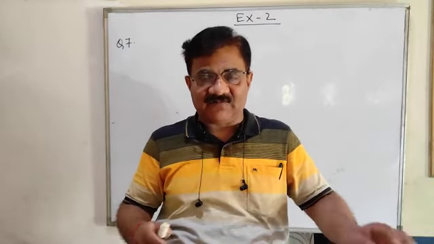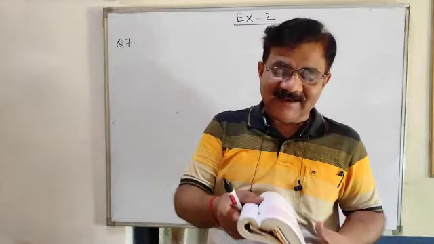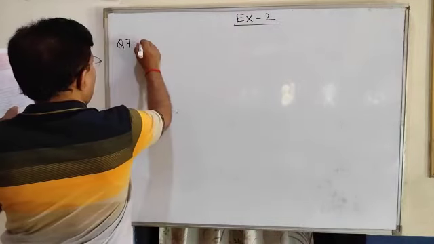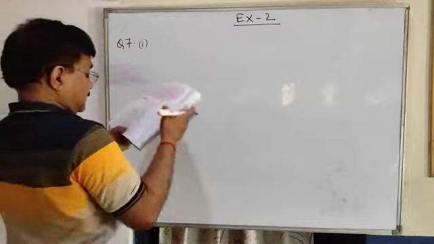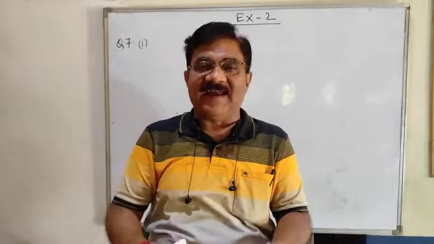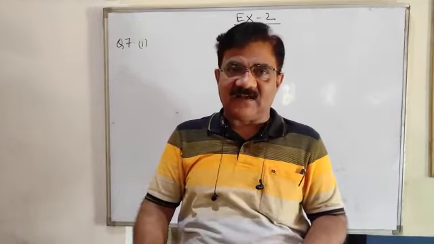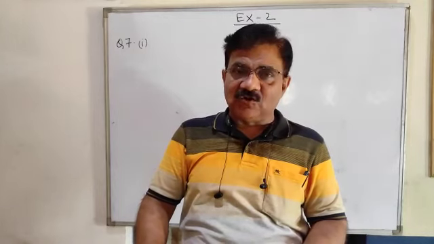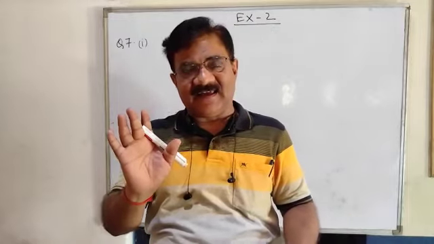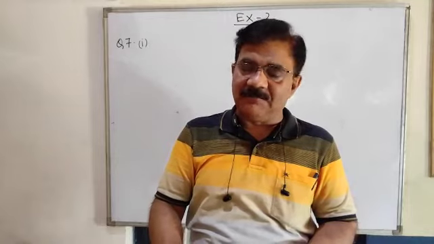We have already discussed angles, and some questions of angles we have solved. Now let us solve some more questions on angles. See question number 7, one I am going to solve. The question is, an angle is equal to its supplement. Find the angle. Supplementary angle we have discussed: if the sum of two angles is 180 degrees, it is called supplementary angle. And if the sum is equal to 90 degrees, it is called complementary angle.